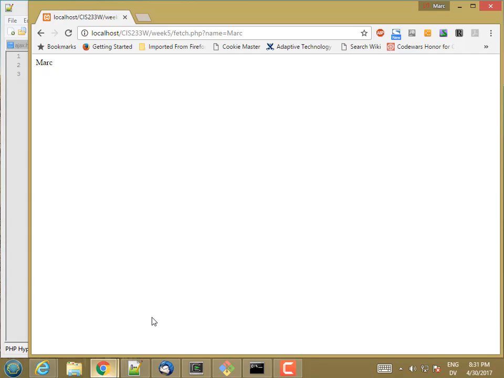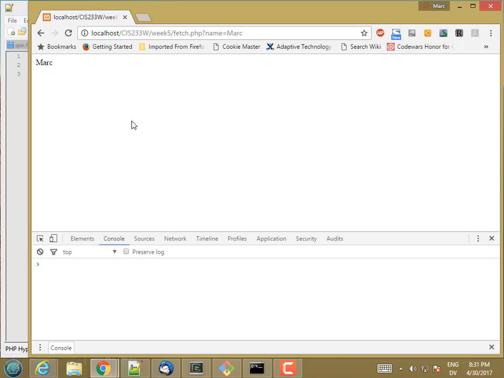Now, this is just loading the page directly, but I can also load the page from JavaScript. So for example, I'm going to create an XMLHttpRequest object, var xhr is new XMLHttpRequest. So now I have an object that has some properties and methods and inherits some methods. So the way I use this object in order to fetch the contents of this page,